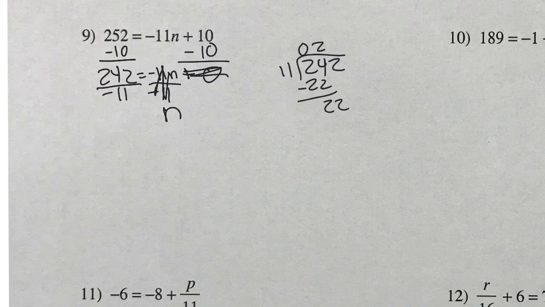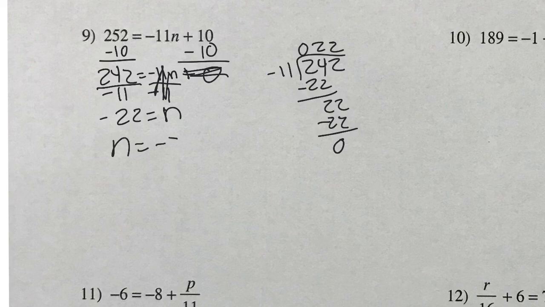I'm left with that. All right, well, 11 we already established goes into 22 2 times. So I'm left with 22. Negative 22, because we don't want to forget that, equals n, or n equals negative 22. All right,